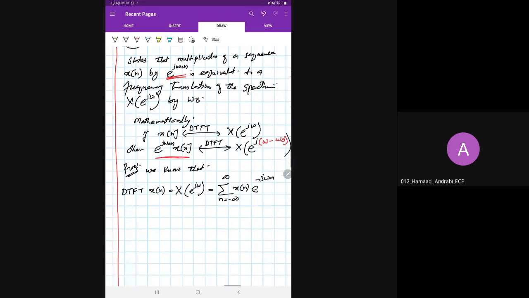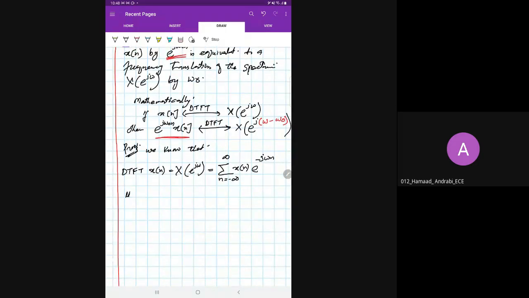This is the general formula. Okay, so therefore the discrete time Fourier transform of a signal which is multiplied by e raised to the power j omega naught n